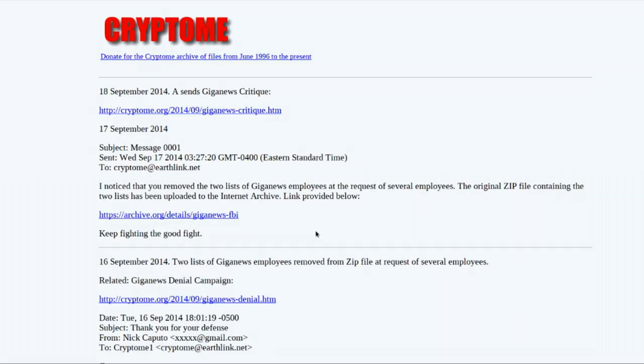I don't know what to do. I don't know who to believe. It's coming from cryptome.org. And they're claiming that Giganews is an FBI operation, a sting operation being put on by the FBI. And the way they get to this is by a quote-unquote whistleblower who was a former Giganews employee who found some child porn, tried to initiate the proper response, and then discovered that he was essentially recruited by the FBI to go back and work as part of the FBI team that works at Giganews.